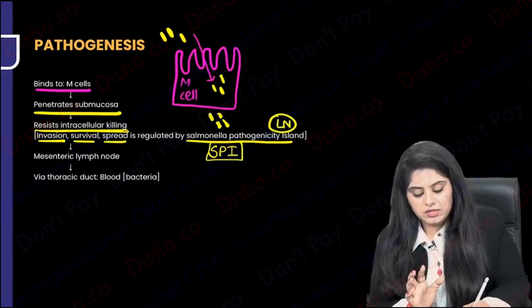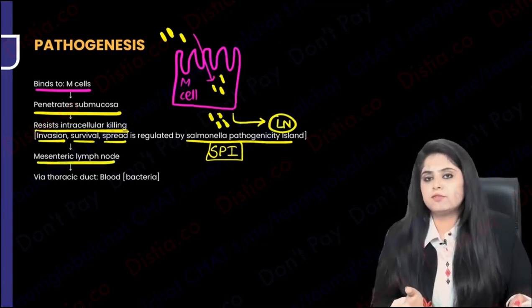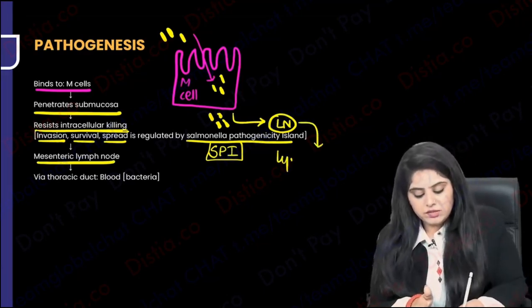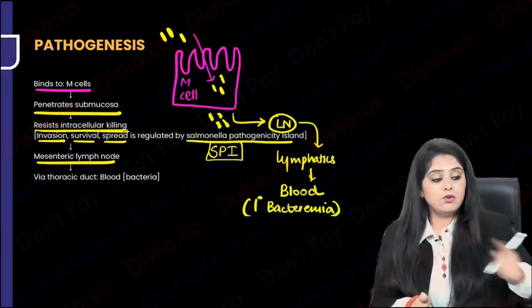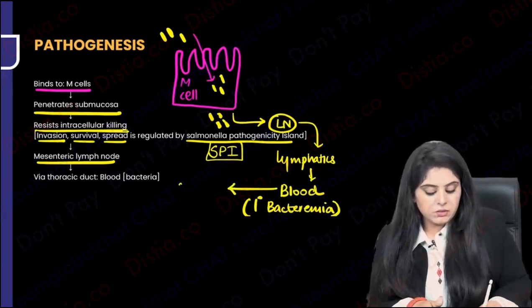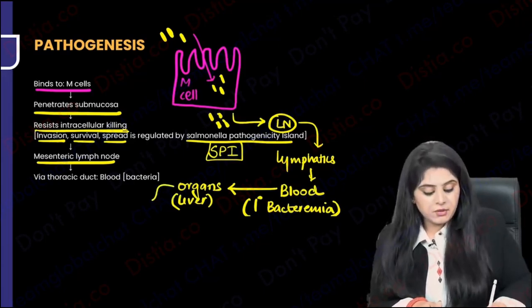It's going to go into the lymph nodes, and we know that whichever lymph node, since it's the intestine, it's the mesenteric lymph node, right? And we know that if something goes into the lymph nodes and then goes into the lymphatics, it has a probability of going into the blood, and that means that is primary bacteremia. Primary bacteremia means it has come out into the blood, but while roaming around in the blood, where is it going to go? It is going to go all the way to the organs, like it can go to the liver and the spleen and other organs, for example. And from those organs, it will